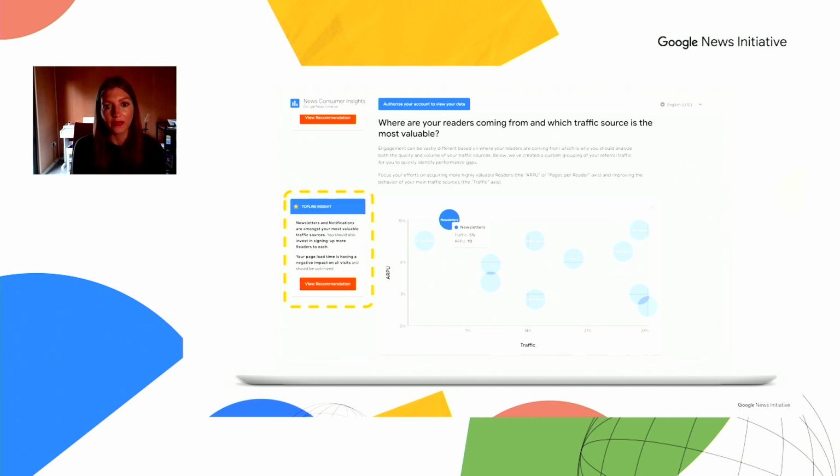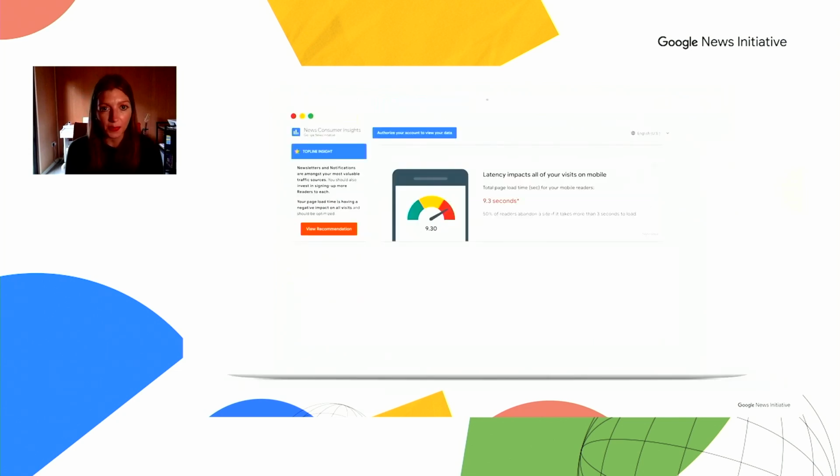If you don't have revenue data linked, this section still populates. The y-axis just uses page views per reader instead of ad revenue per user, so you can still get insights on valuable traffic sources. Just below the traffic source table, then you'll see a card that references your page speed